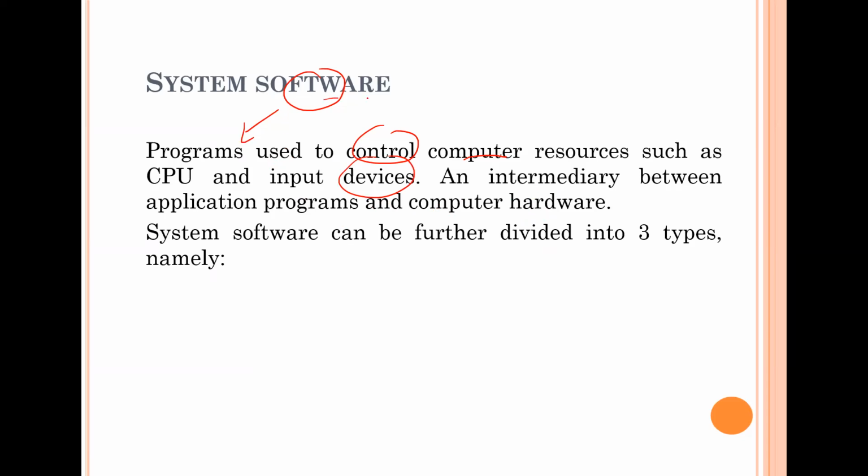Well, here the software works as an intermediary, or middle, between the hardware and the application program, right? System software can be further divided. We can see that system software as an intermediary is divided into 3 types.